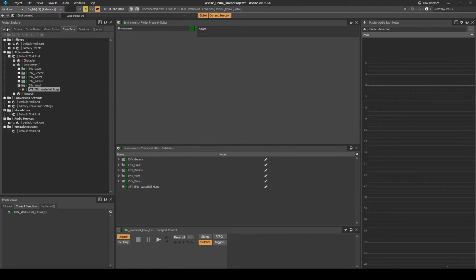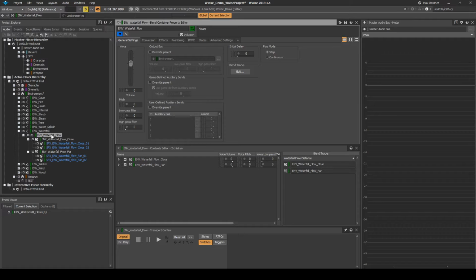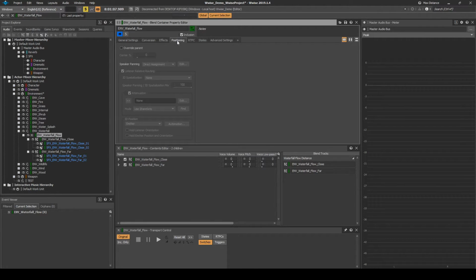Navigate back to the Audio tab, env_waterfall_flow blend container. In the Positionings tab, add the following updates. Tick Override Parent, then change the center percentage to 100. Under Listener Relative Routing 3D Spatialization, in the drop-down menu select Position. Then under Attenuation, drag in the new attenuation,